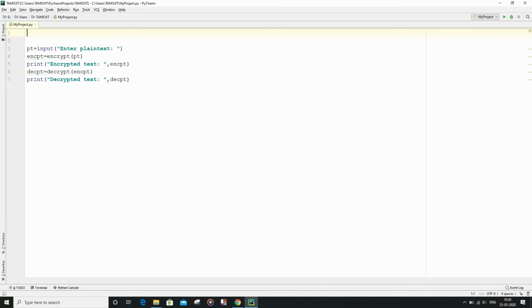First of all, I am going to write the code for encrypt function. Let me write it. def encrypt, and plain text is passed as an argument.